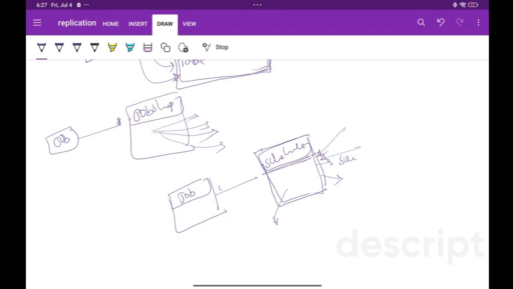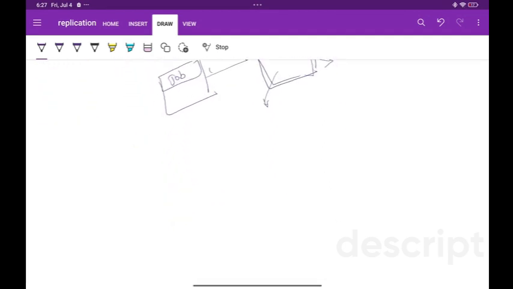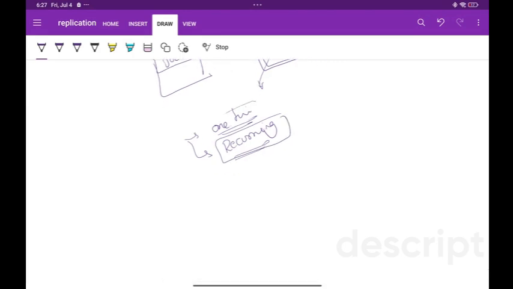Now, what we need to configure in schedules is, number one, whether it is running one time or recurringly. If it needs to run one time, just like in our scheduler,